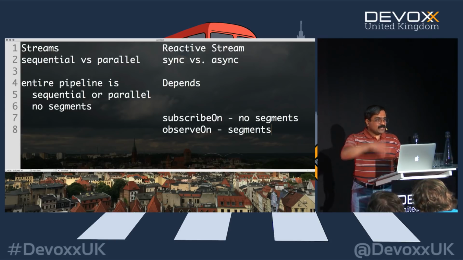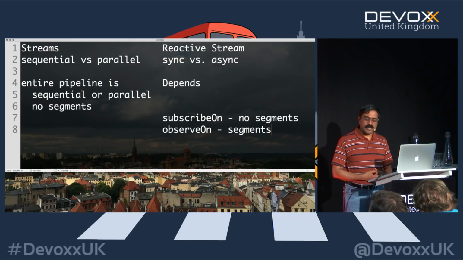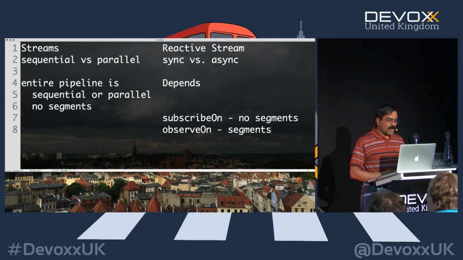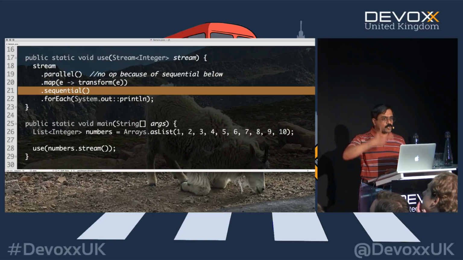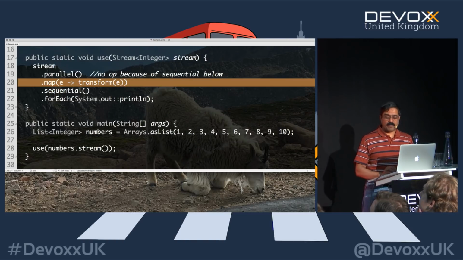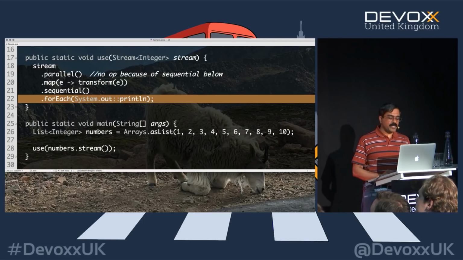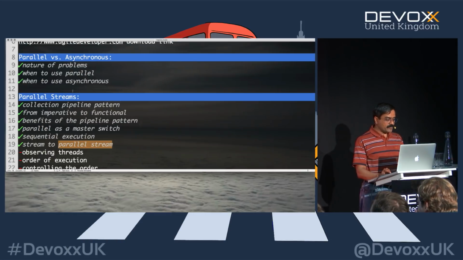Java 8 treats its entire segment in one flavor, whereas reactive streams gives you the capability to alter it depending on which function you are using, and you can go back and forth with it depending on what your needs are. So that is something to keep in mind, is that as you can see here, this dictated the entire stream's behavior. It is not that the transform worked in parallel and the for each worked in sequence. It is entirely the entire sequence that worked in that particular mode. That's basically what you are getting out of this.